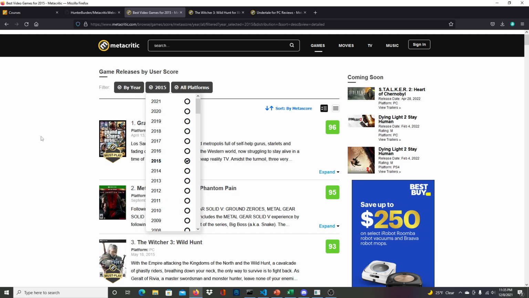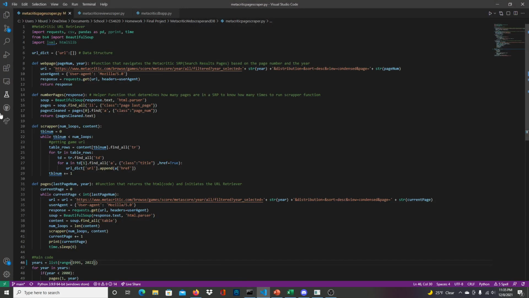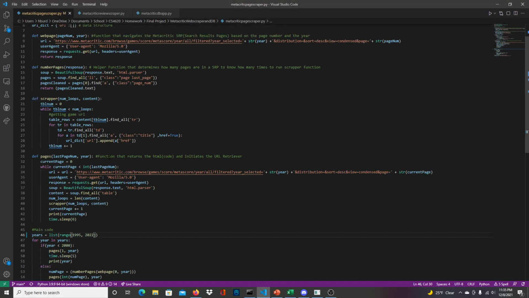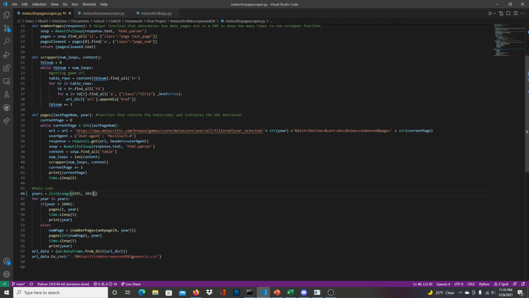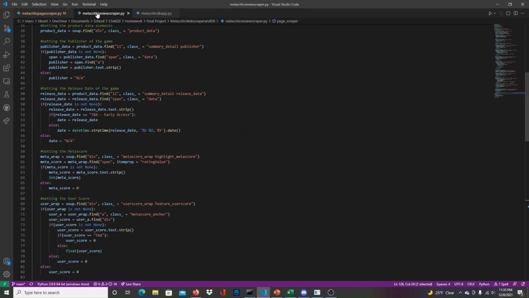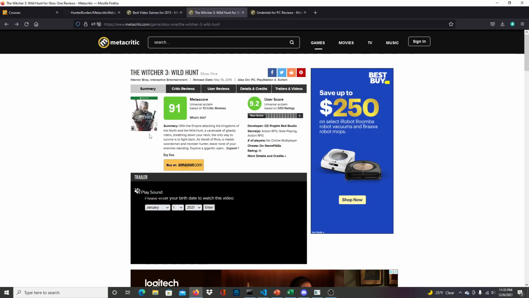So it goes to each year and scrapes the URLs for all the games on that page, and puts all those URLs in that CSV, as we said. Before 2000, there's only one page each, so we have to change up the program just a little bit, but that's what it does. And then it feeds those into our review scraper, which will go to individual pages like this